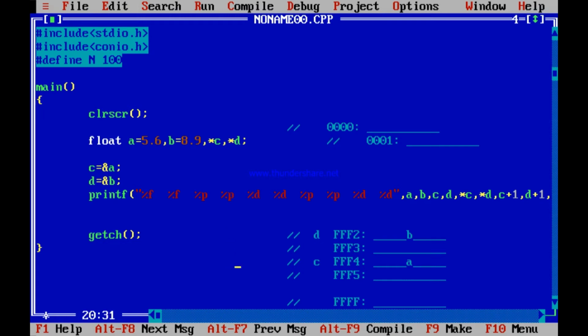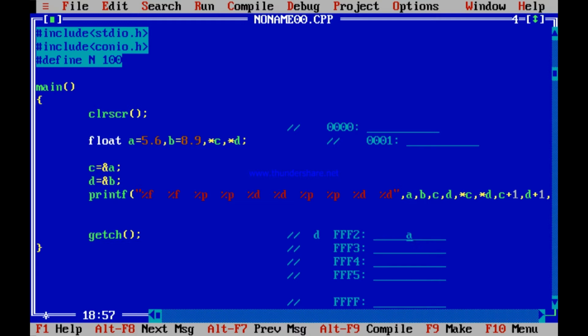That means FFF4 has not been used this time. Instead it has used something different. It has used FFF2 to keep A.